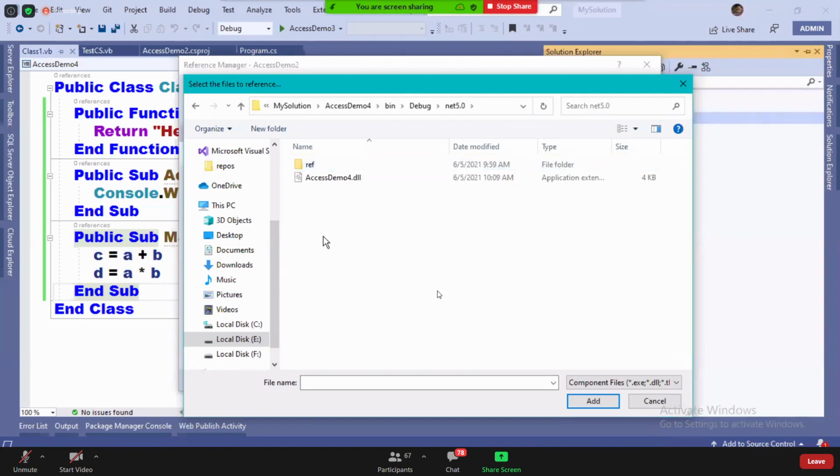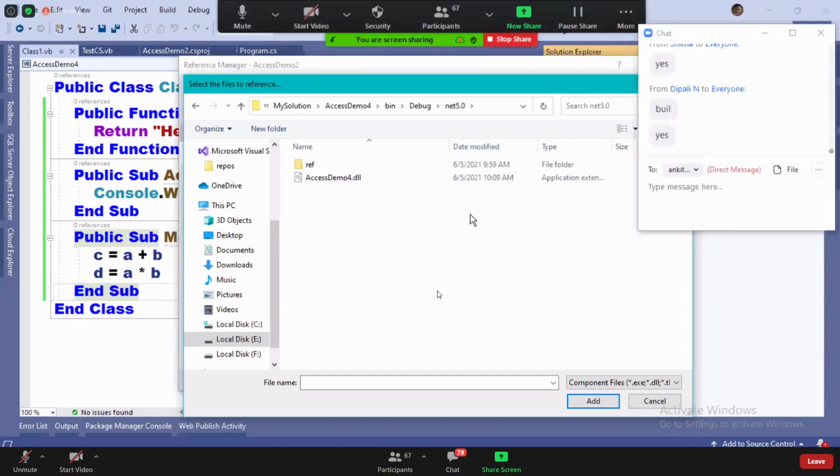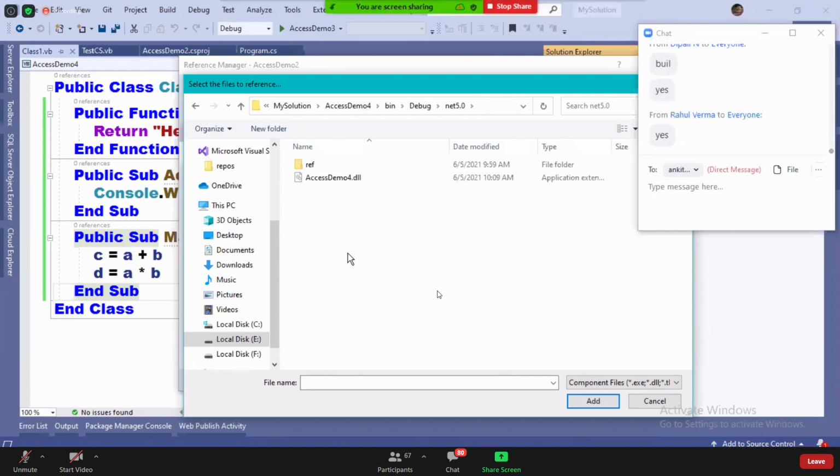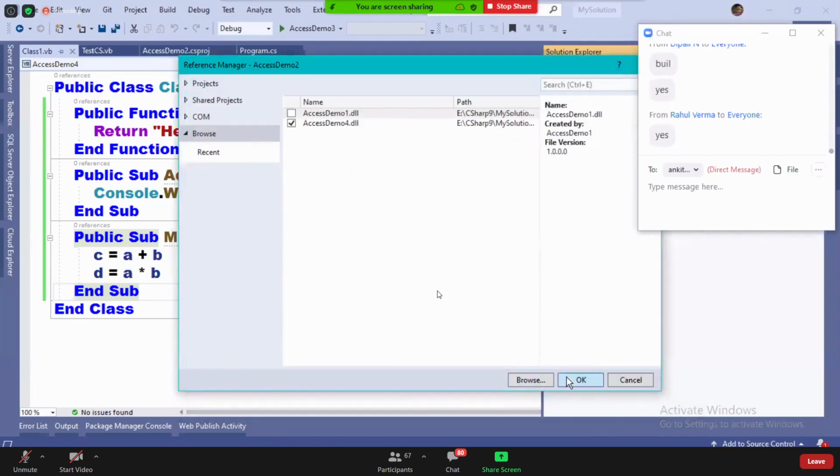Guys, watch. Yesterday, in our console application projects, we found AccessDemo1.dll and AccessDemo1.exe, both EXE and DLL files, we saw. But today, we don't have EXE files. What we have is only DLL files. Select, add. Okay.